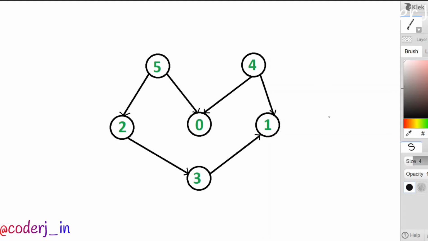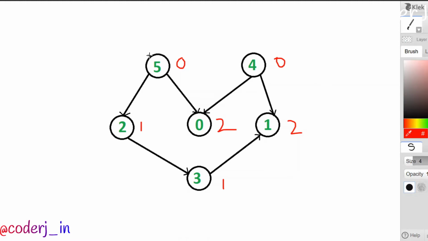So now let's start with the question. What I'll do is, initially I'll create another list, which will store how many dependencies, how many prerequisites each course has. So initially 5 has 0, 4 has 0. We can actually represent a graph in a question using an adjacency matrix, so I'll be using that. So 2 has 1, 0 has 2, 1 also has 2, 3 has 1, right? Initially I'll have this as the initial value. So when I'm at the beginning, I can only access those courses that don't have any prerequisite, right?